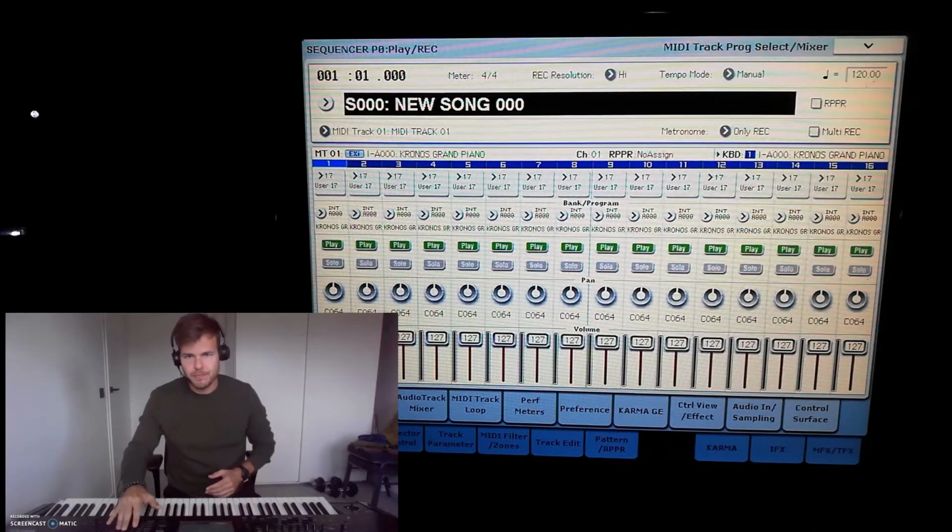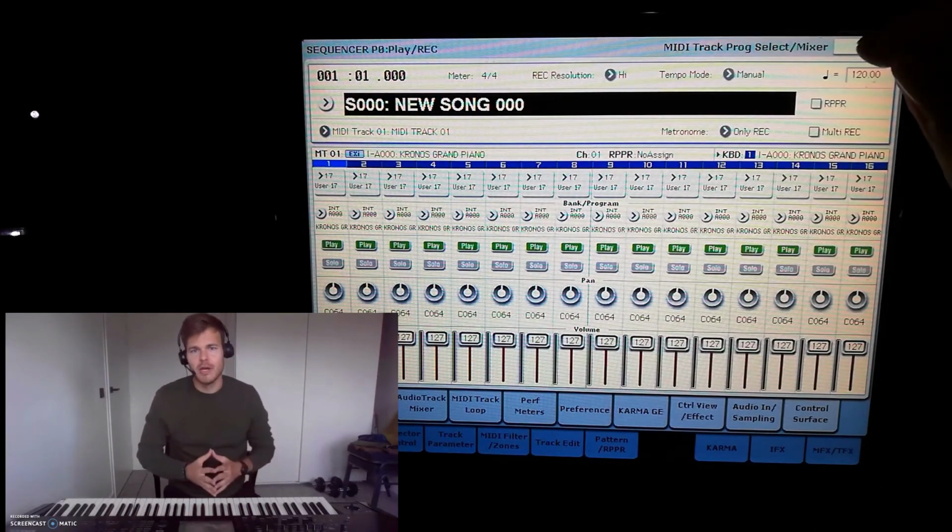Well, in the final step, I'm going to import the COMBI into a new song in the sequencer mode. And from here on, I can loop the sample in the RPPR section while I play the other parts of the song as well. Well, assuming your teardrop combination is still active, I go to the sequencer mode where a